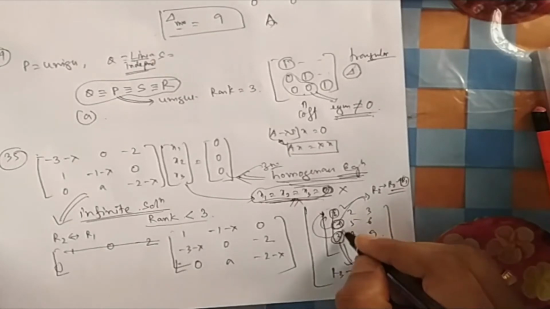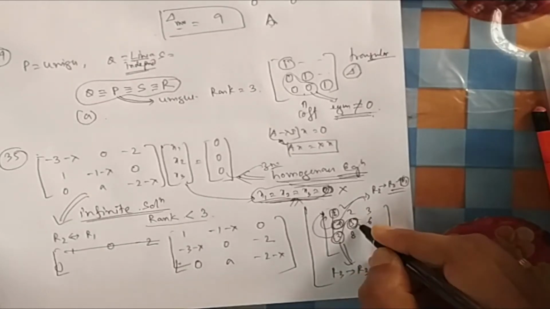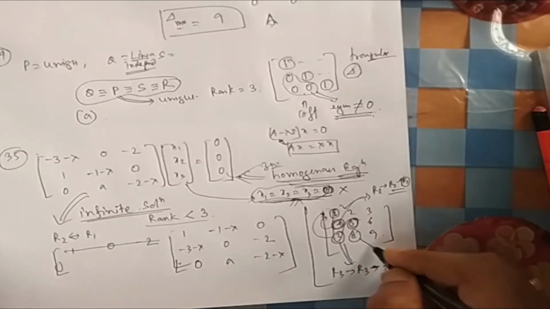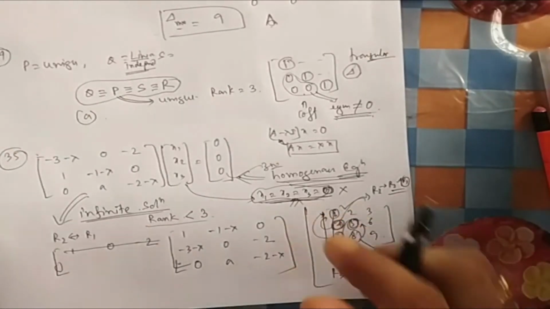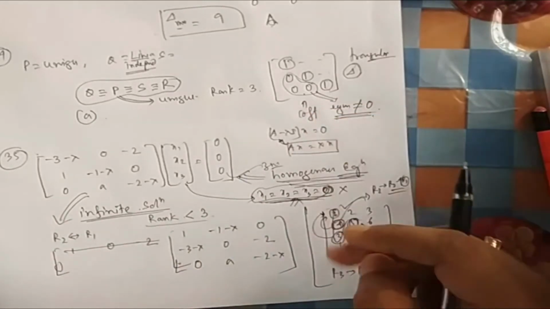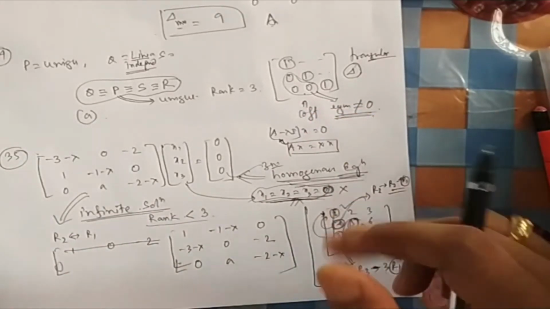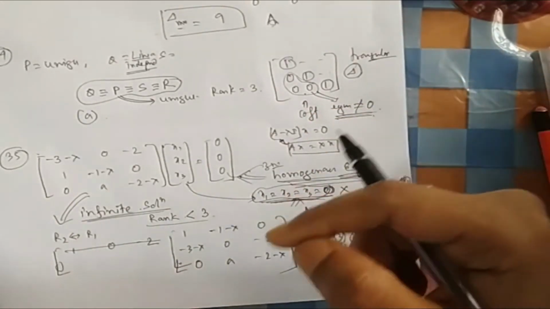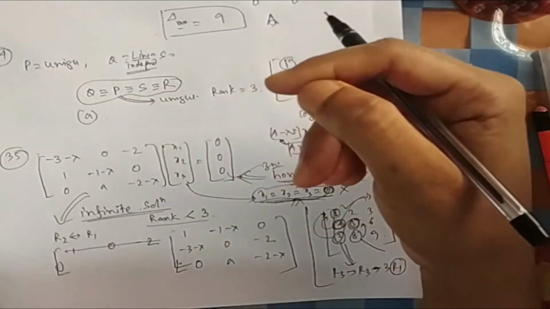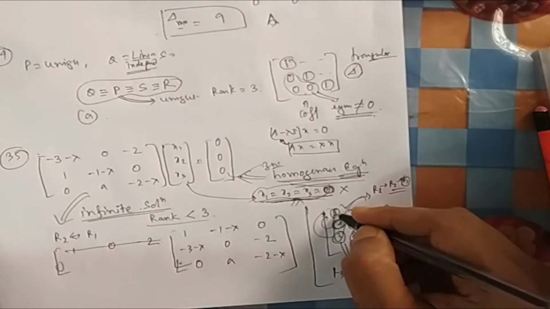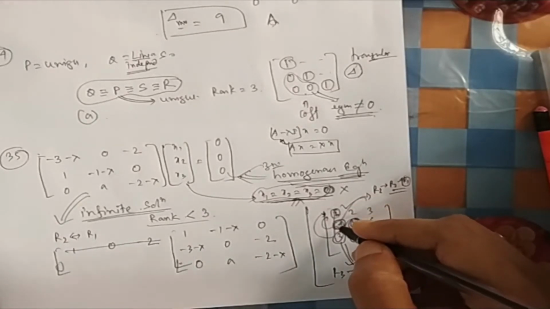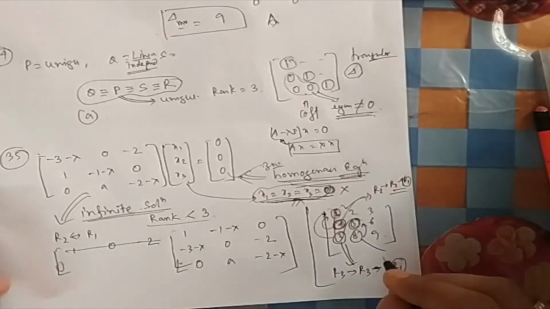After that, you come to this, and you make this 1. To make this one 0, you take help of this. Every time you take help of the row above. If it is 0, you find a 1 on top of it. If it is not directly on top, then the next one above. You have to go to the topmost level where 1 is there, and use that 1 to make it 0.